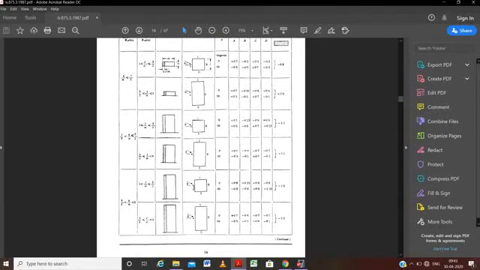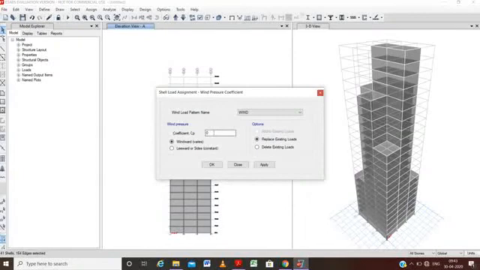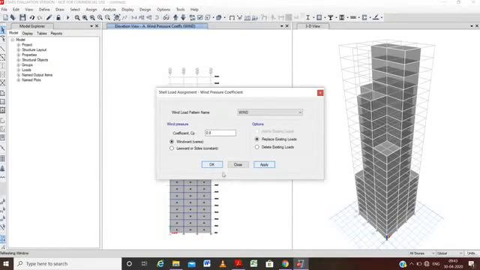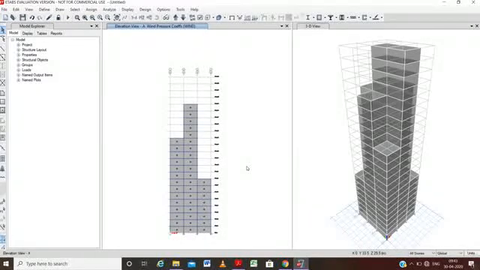Now for the A side, our chosen elevation side, with the wind acting perpendicularly, that is at 0, the coefficient is 0.8. So we will go here and put the coefficient as 0.8 and take it as windward. We will apply it and press OK. So here it is all given.